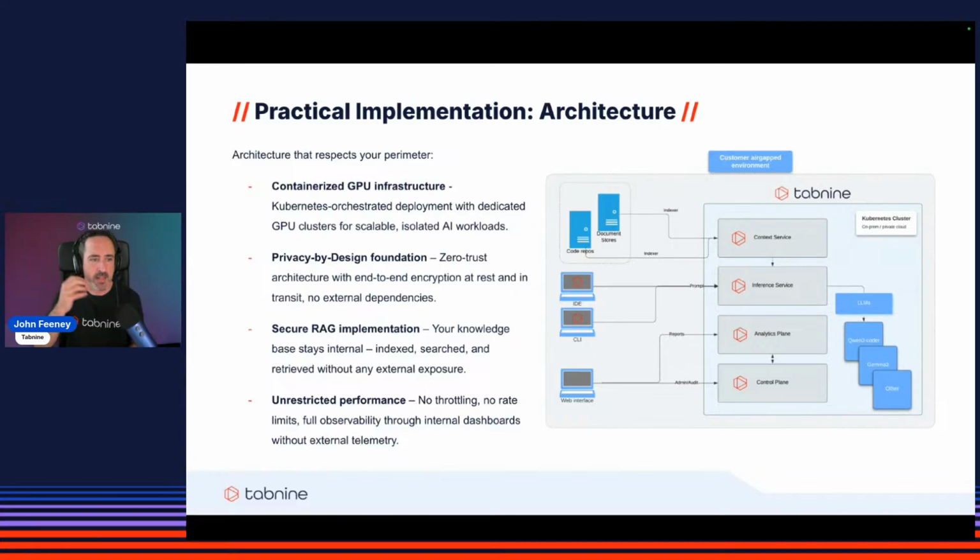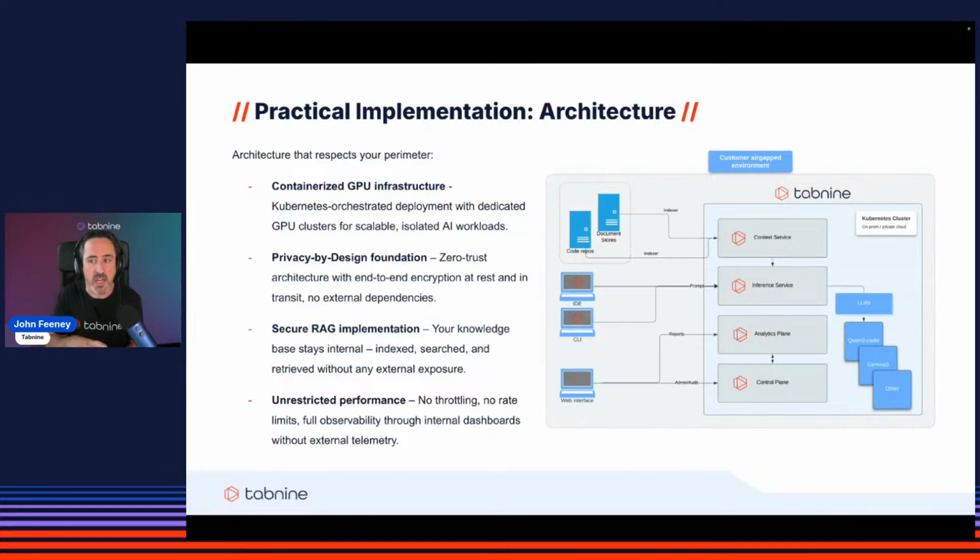Now, in the last slide, I spoke about context and RAG in particular. And this is where this architecture really shines. So as I said, like in many cloud Gen AI services, your organizational knowledge will get uploaded, indexed, and stored on an external server. And every query potentially exposes your IP.